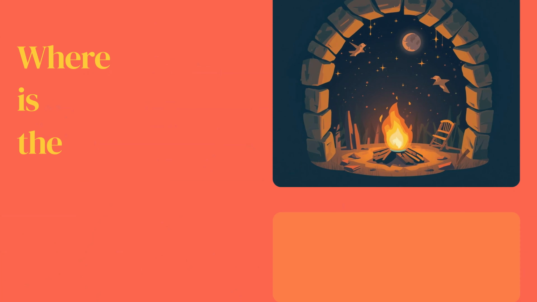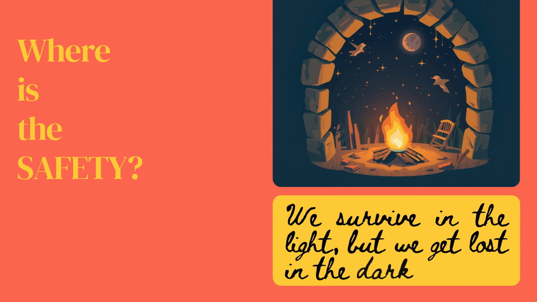So the question that we have to ask here is, where is the safety in the photograph? Psychologically, our brain maps safety to brightness. Bright feels open, it feels safe. On the other hand, dark feels a little mysterious. There's some peril, there's some danger in there. So we're going to use this technique selectively in our photograph to create tension.